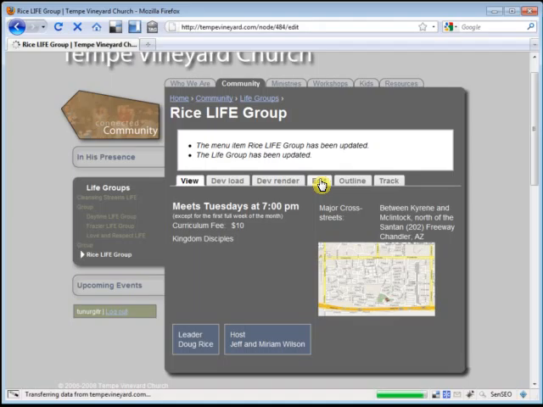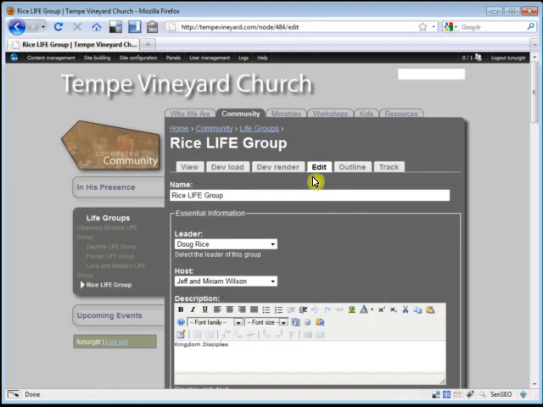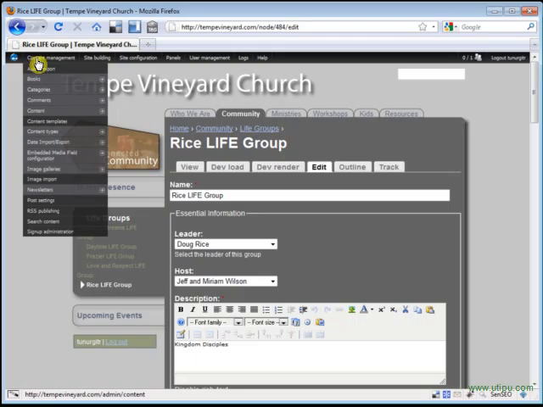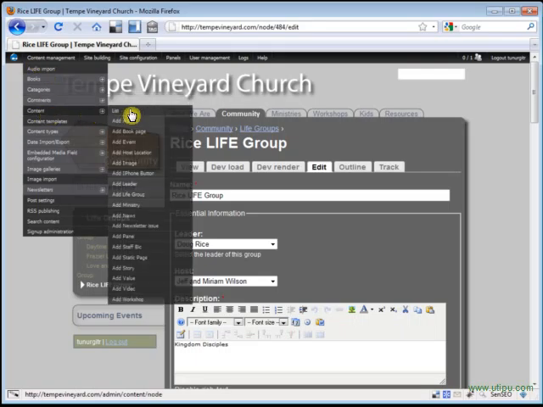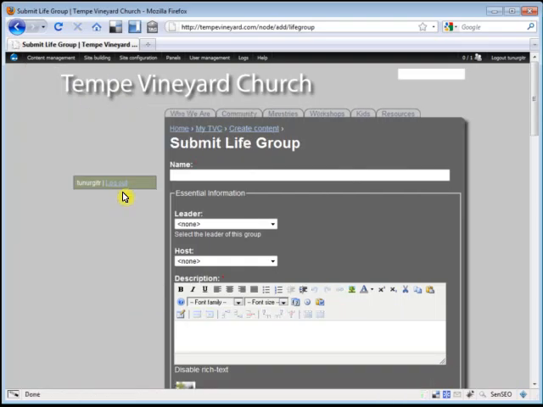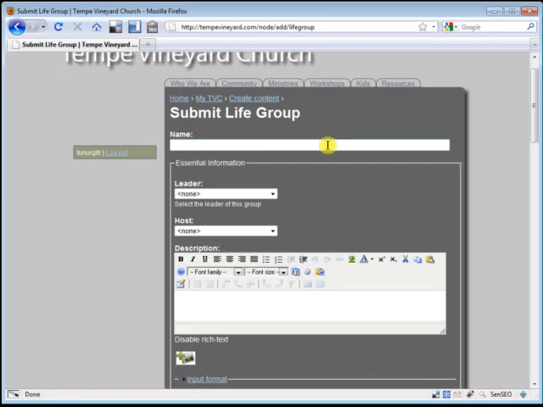Probably the best way to show some of the other details is going through and actually adding a life group, which we'll do next. To add basically anything new to the site, you come up here to Content Management, then go to Content, and then you'll see you've got these options to add all kinds of things. Audio is for podcasts. Some of these aren't used. This book page and event and stuff are not used. But in this case, we want to add a life group. So basically we start with a blank